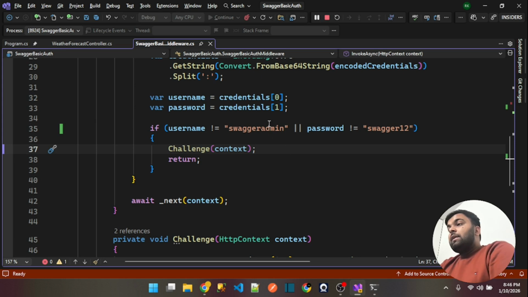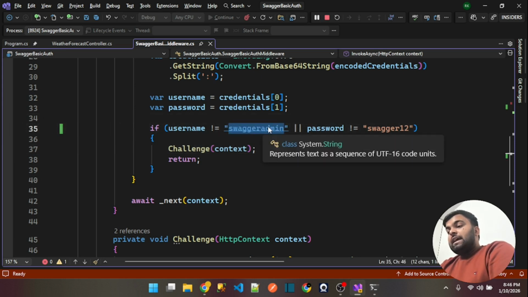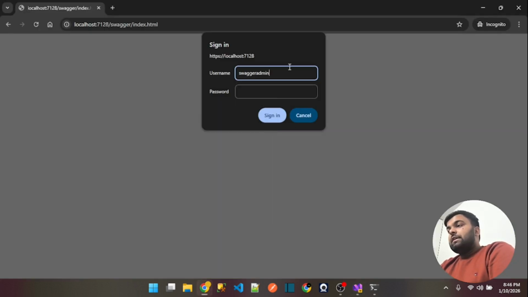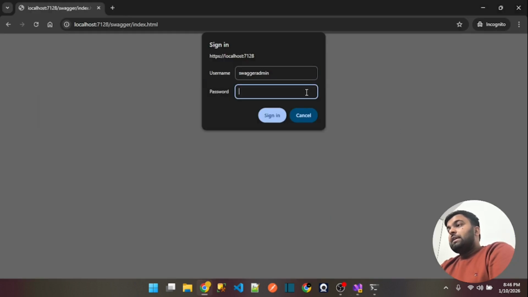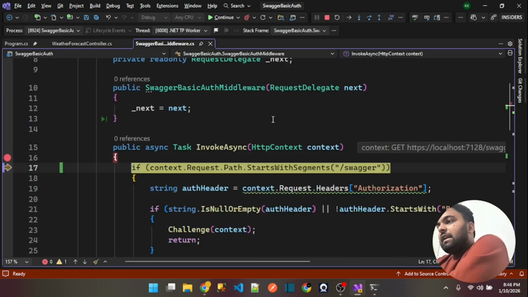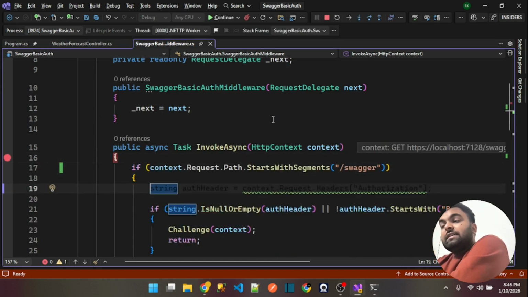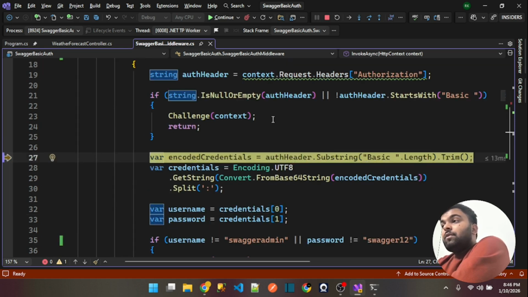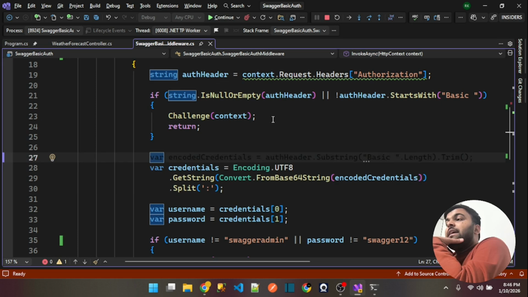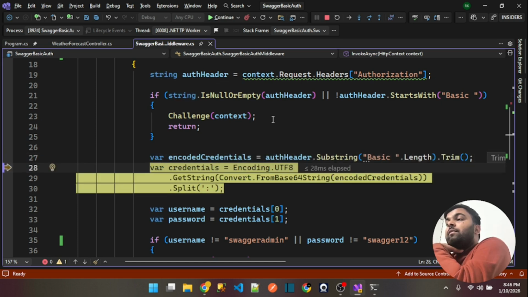Now let's add the actual credentials of the Swagger UI dashboard so that we can log into the dashboard. Now let's sign in again. Thereafter, let me see here. At this moment we will get the authentication header, so it will just pass this block. Thereafter, we will get the basic token, and we are trying to